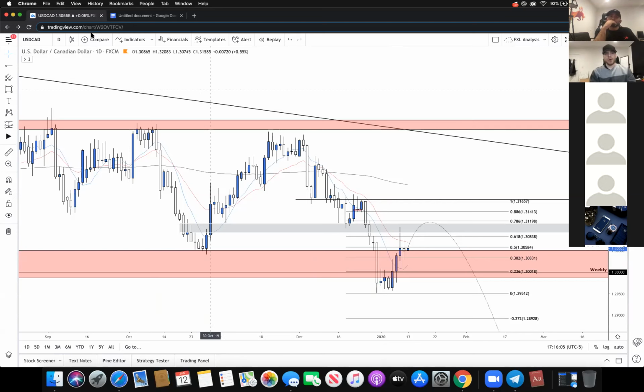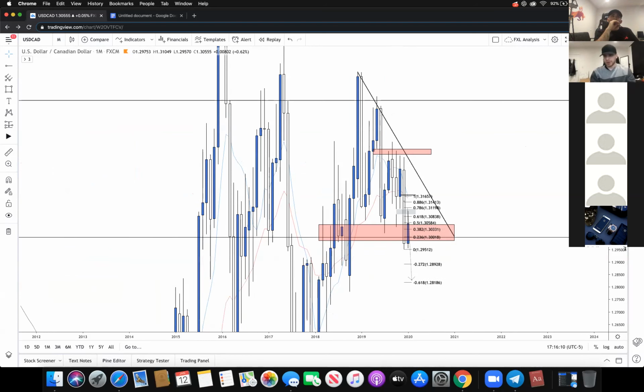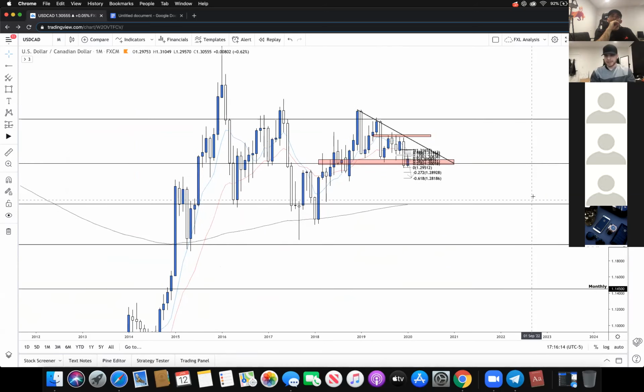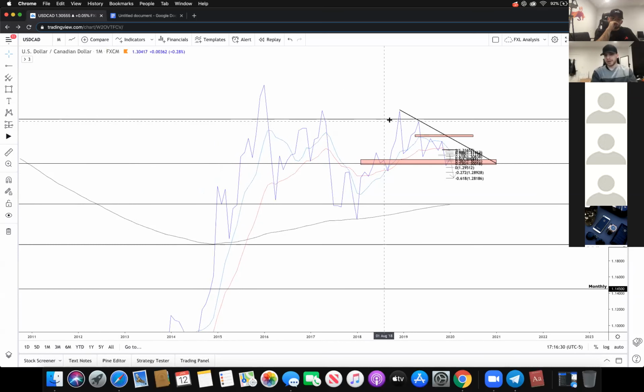Okay, so I'm not going to do a full breakdown, but I'm going to cover how I get to these areas. These higher time frame support and resistance levels, I find based on the monthly. I'll always start with top-down analysis, which means you start on the highest time frame and work your way down slowly through the monthly, weekly, daily, 4-hour, 1 hour, etc. I'll start off by looking at the line chart, and I'll find areas that are significant, where price action has tested multiple times on both the seller and buyer side,